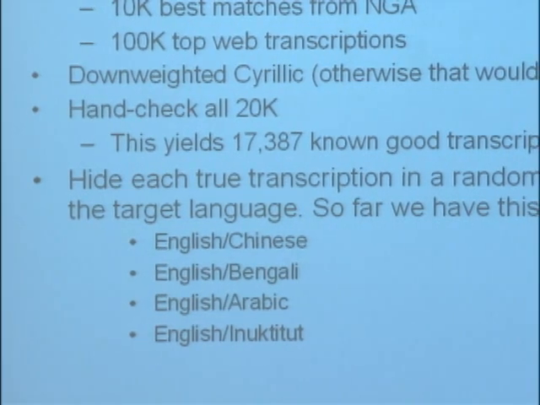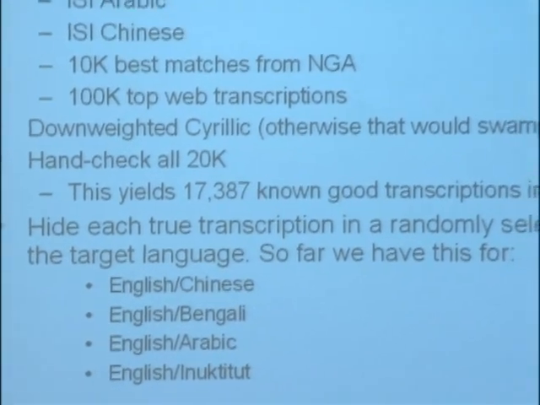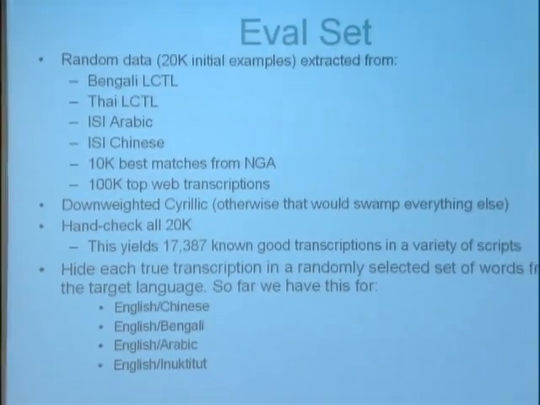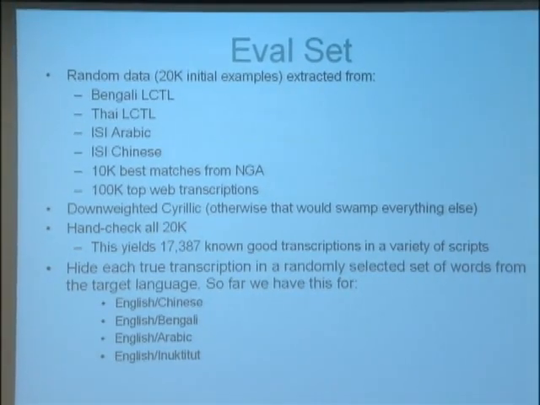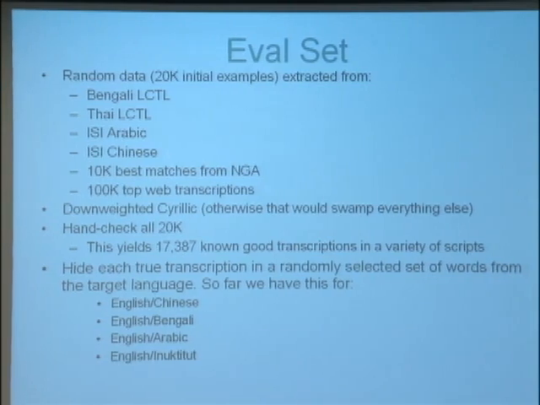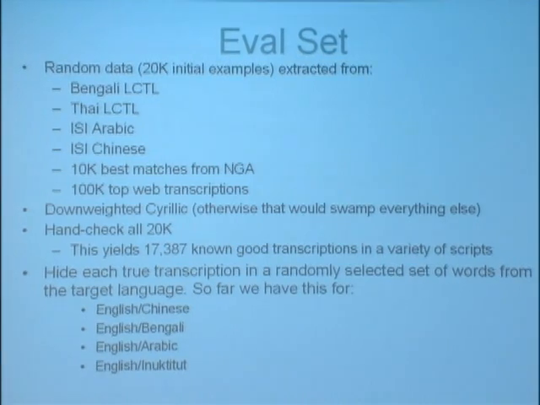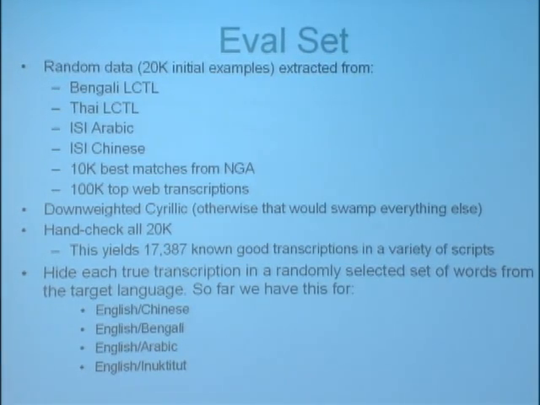So the idea is, one of the baseline evaluations done is the following. Basically, we take a bunch of randomly selected data from a bunch of different sources: parallel corpora, the web, the National Geospatial Agency's sources. I kind of downweighted the Cyrillic, otherwise that would unfortunately swamp everything else. And then I hand-checked these 20,000 and came up with a list of about 17,000 transcriptions. And then the idea is to evaluate this. One thing you can do, since we have this as a gold standard, is we can